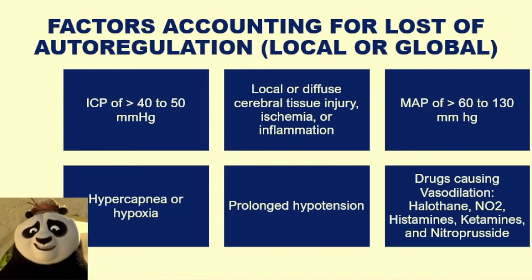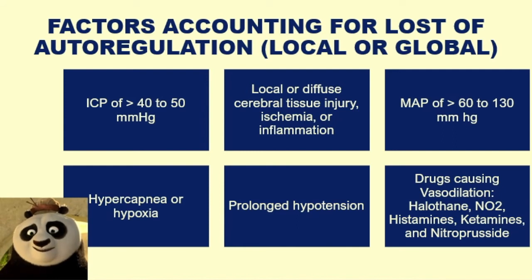An intracranial pressure beyond 40 to 50 could impair your autoregulatory mechanism. Your intracranial pressure normally is 5 to 15 mmHg. Beyond that, it's already considered increased intracranial pressure. Your patient would usually start to have manifestations when ICP is at 20 to 30 mmHg. Whereas if we're talking about temporal lobe problems, even at as early as 20 or less, your patient may already have increased ICP. But if it goes beyond 40 to 50, especially if it's an acute hemorrhage,